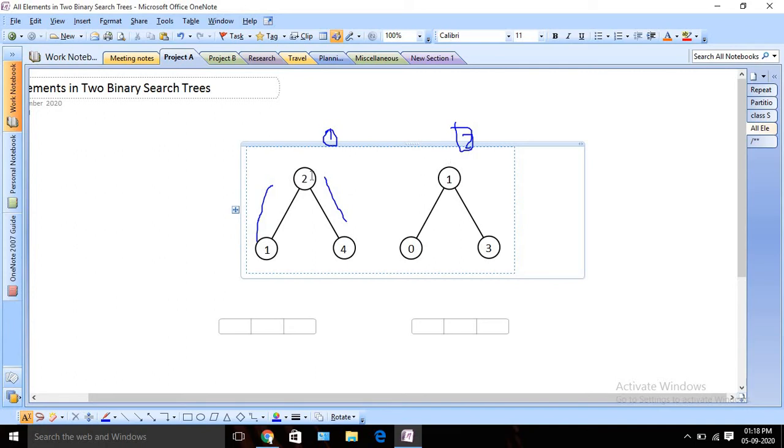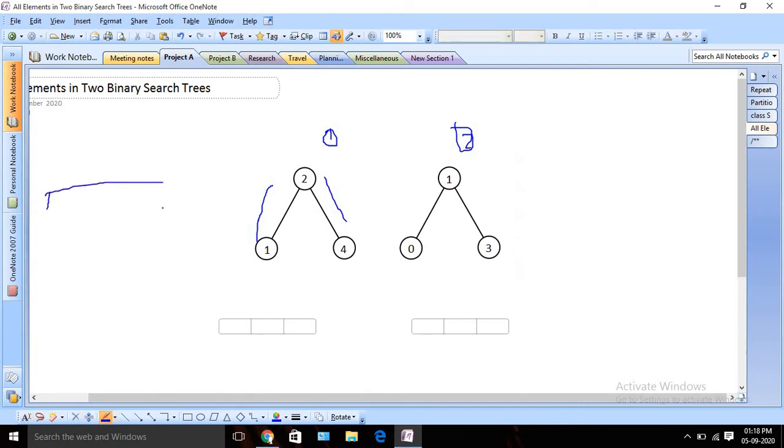Here, one basic approach we can take is one list, of size equal to the total of the two sizes, and we can start traversing from the first tree, and whatever nodes we find, we can store everything here, right? And similarly we can traverse the second tree and append the node values in the same list only. Then we can use Arrays.sort or any other sorting to return the actual result. So this can be done, but what is the disadvantage of this approach?